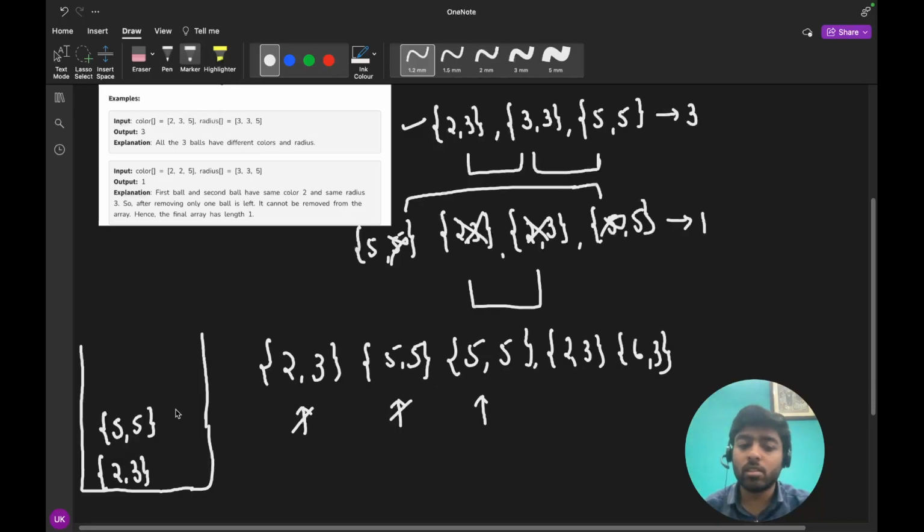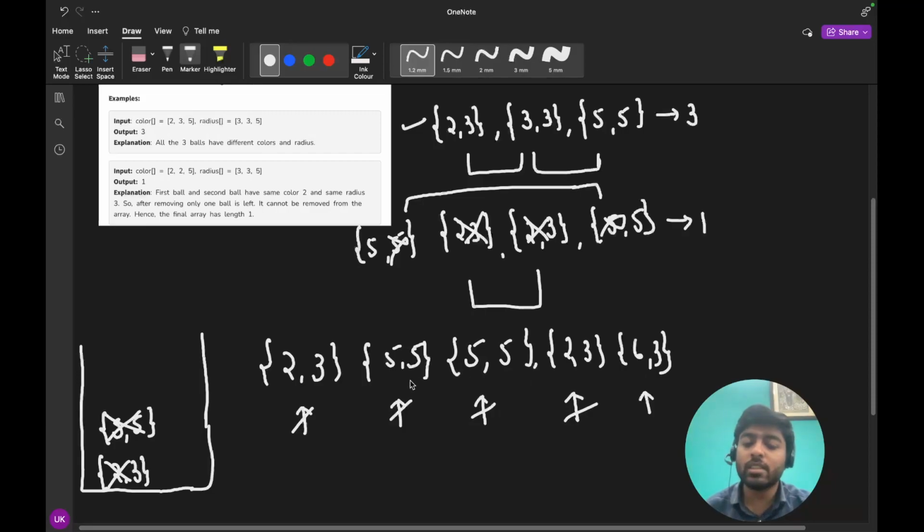It means this value and this value are consecutive, so the values are the same and we have to remove them. We will remove this element and not put it into the stack. Move to the next index. Now I will check again whether this value and this value are equal. Yes, equal. So remove this value and move to the next index.